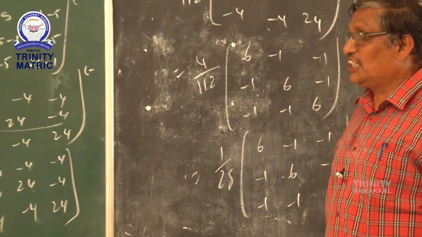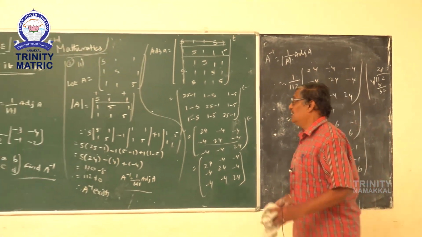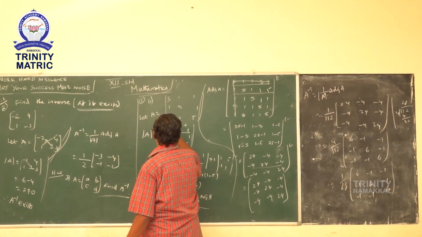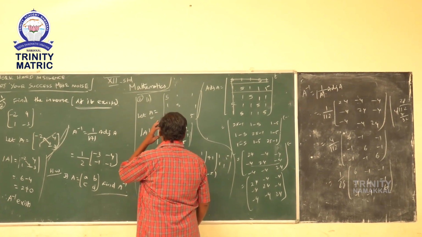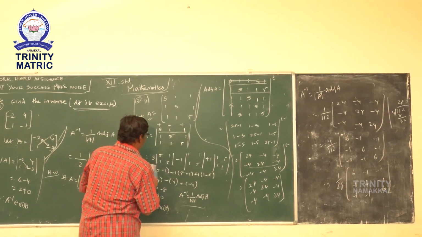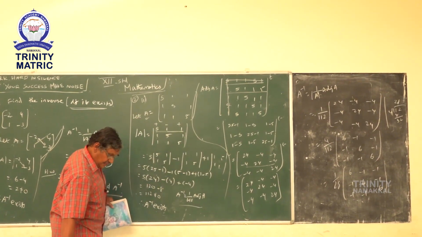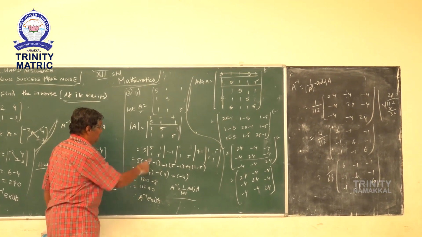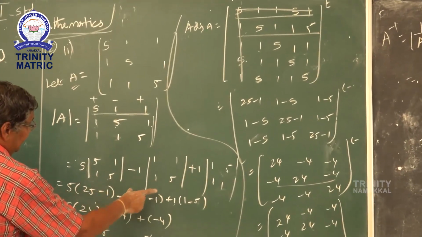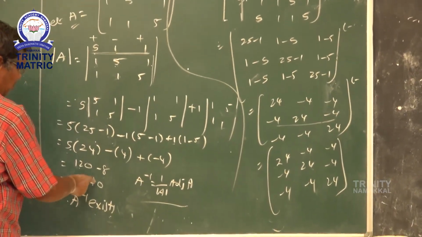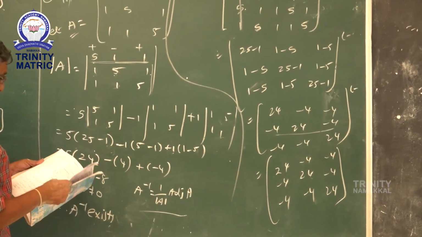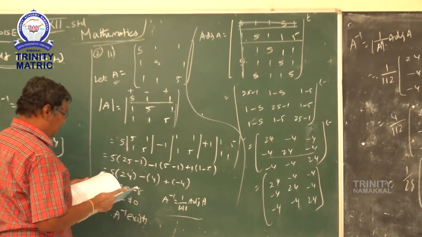Shall I recall once again? See, listen. Observe carefully. You should name that letter. The given matrix should be in a capital letter A. Then you have to find the determinant value. Already you are familiar with how to find the determinant value. You have to leave these rows and columns like that, write it, and then find this. That is 112, not equal to 0. So A inverse exists. Then you have to find adjoint A. How will you find adjoint A?